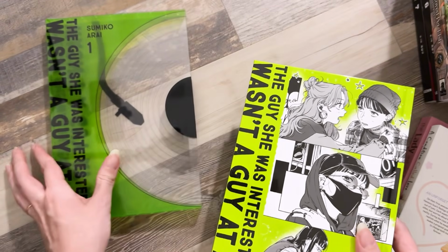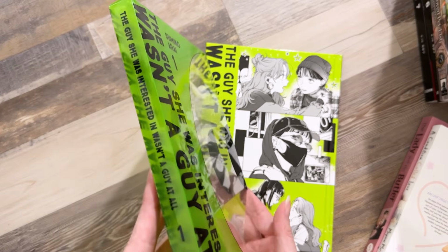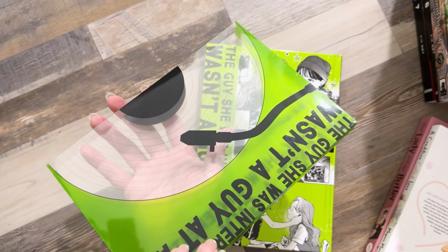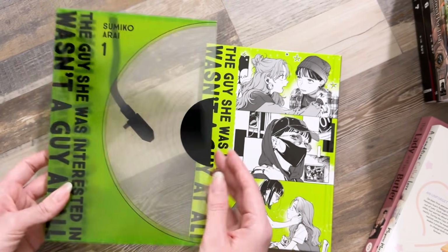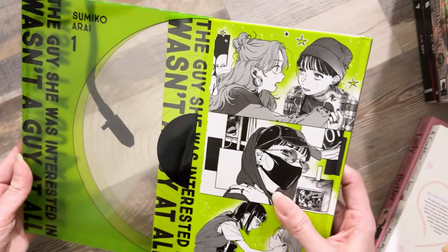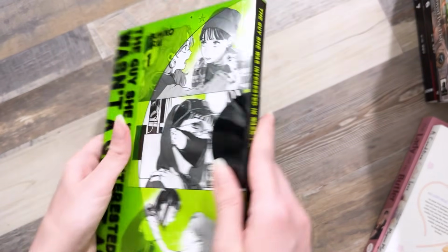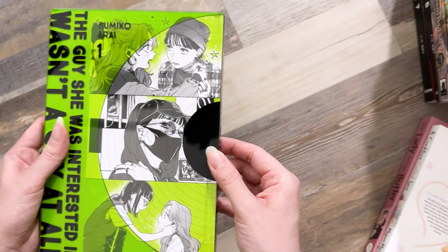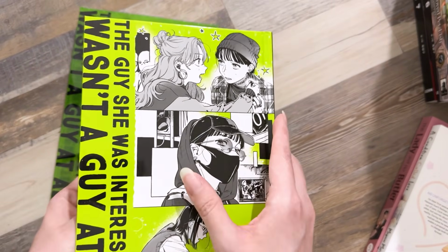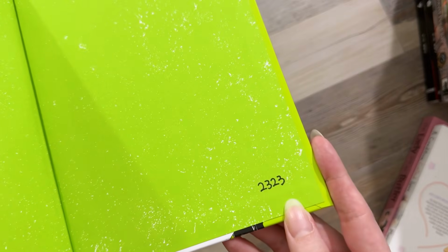and that it came with a slipcase that looked like a record or record player. I thought that was so cool. And with the page edges on that side, and just very cool. And this was a limited release that was numbered. So here's mine,